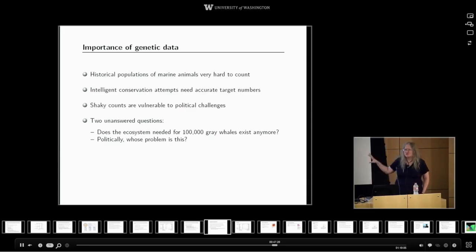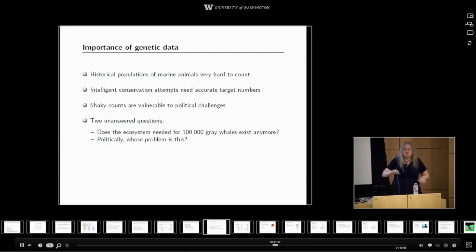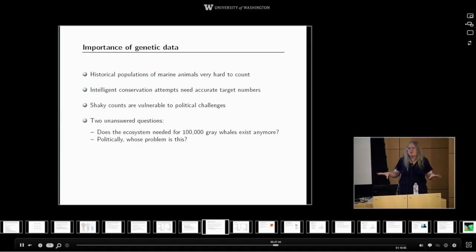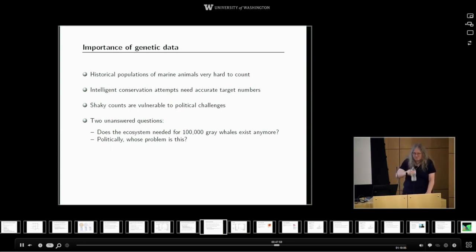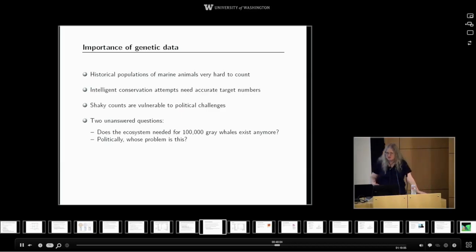And then the other question is politically, whose problem is this? Whaling is difficult because the animals live outside the 200-mile zone. They're in open ocean. Every country has an opinion. The World Whaling Commission has an opinion. Poachers certainly have an opinion. Whose problem is it if too many whales are being killed to allow the population to rebound? The California legislature, I think I respect the fact that they want to make it their problem, but do they have the power to do anything about it? It's not clear. Well, I'm sure they could contribute negatively, but the question is, who's in a position to contribute positively?